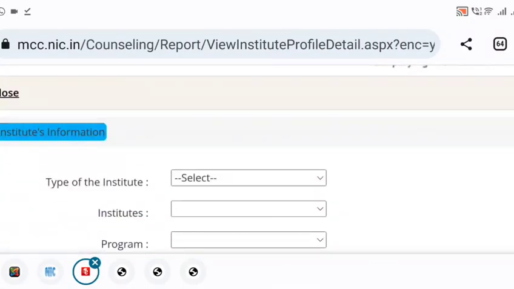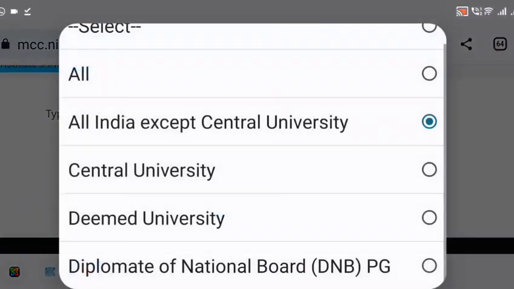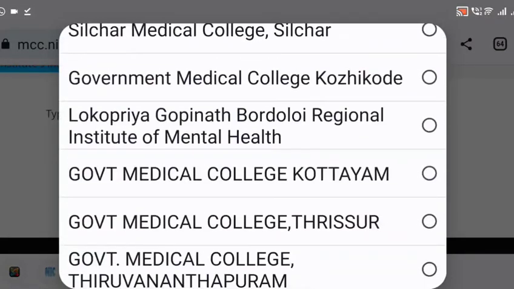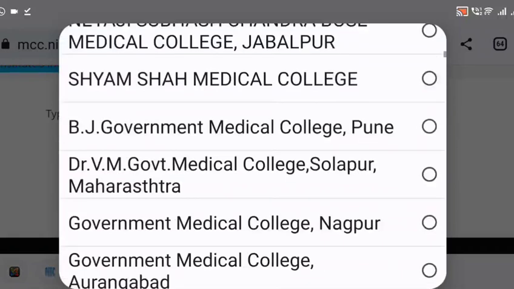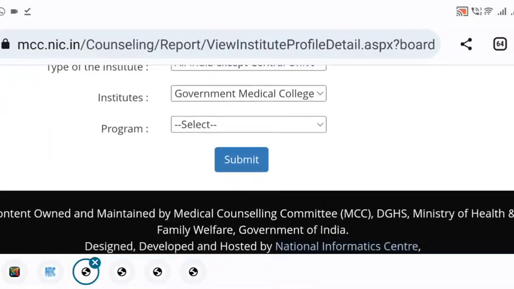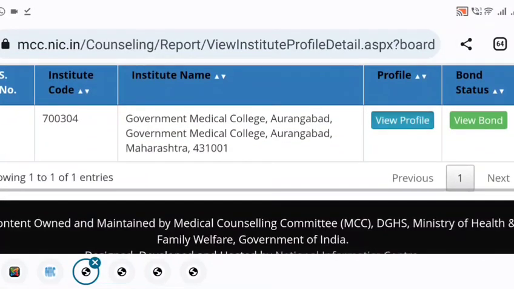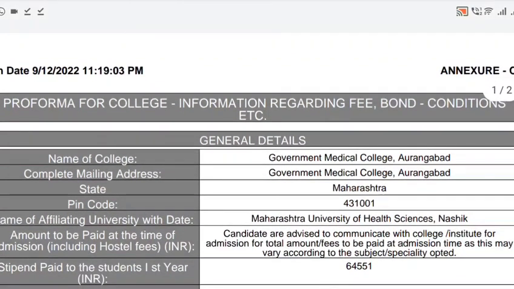So again go for all India institutes, and if you want to select deemed, then you can select deemed also. I'll go over the same institute, government medical college. Let's go for Aurangabad Medical College, and then select anesthesiology, submit, then go to view profile, open it, download, and now you can see as on date 12th of